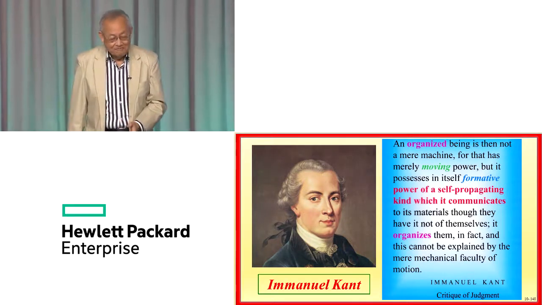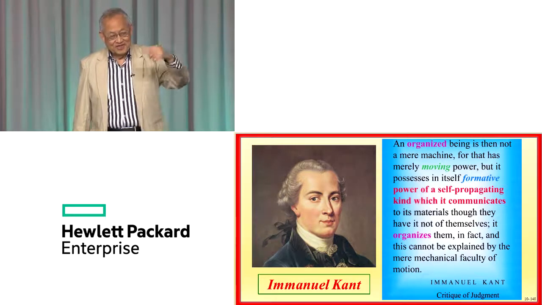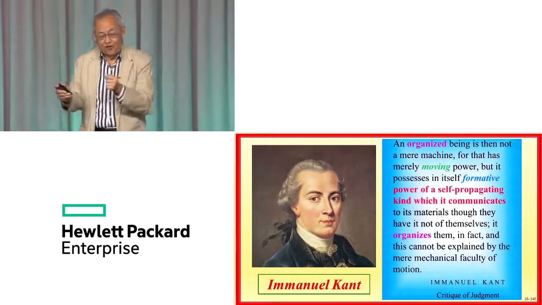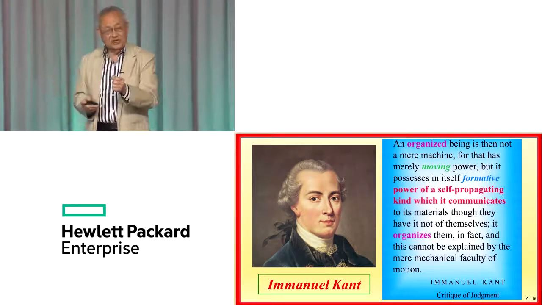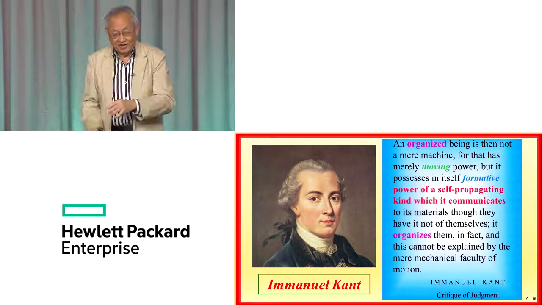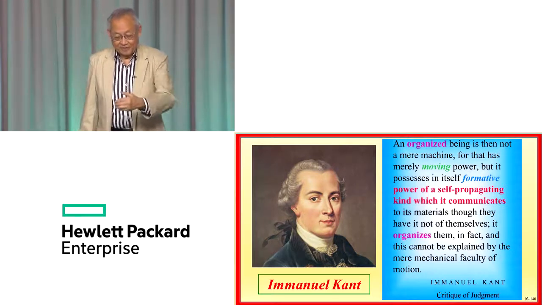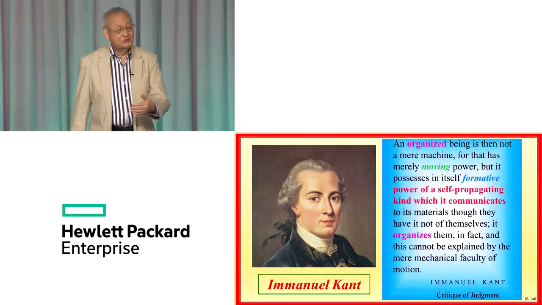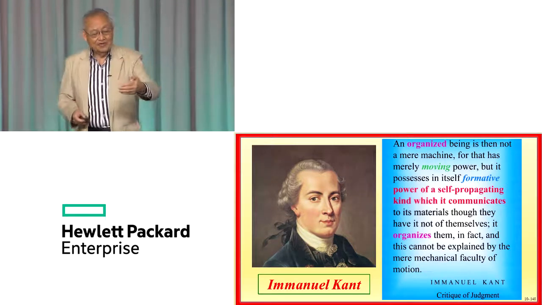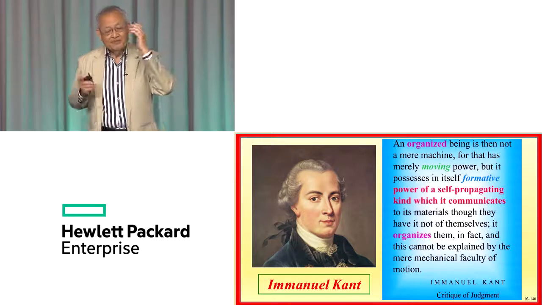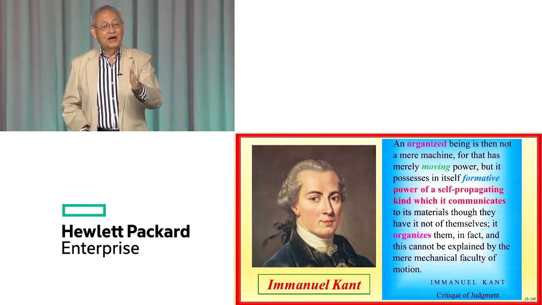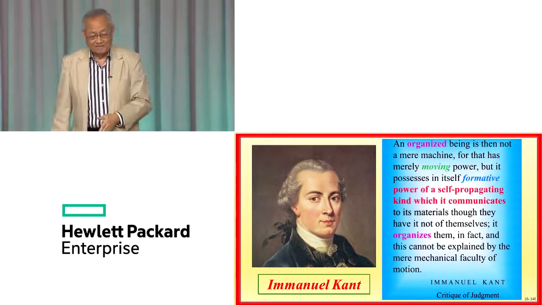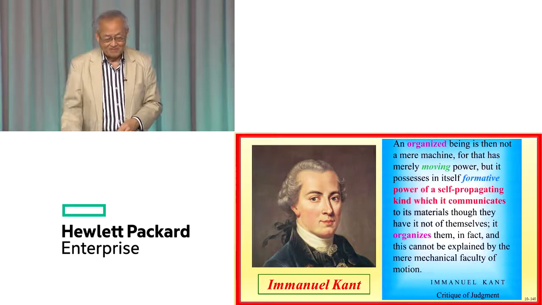It organizes them. Remember, now, this is the local activity, the edge of chaos. You begin to organize, things begin to fall in line. Instead of everybody going their own way, they begin to get coordinated because of the edge of chaos. In fact, this cannot be explained by the mere mechanical faculty of motion. He was clever enough to realize that there are phenomena that are not obvious, that you cannot explain with almost simple common sense. That's Immanuel Kant. Okay. Now,